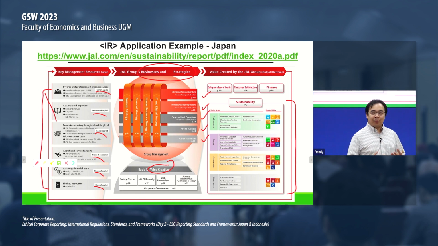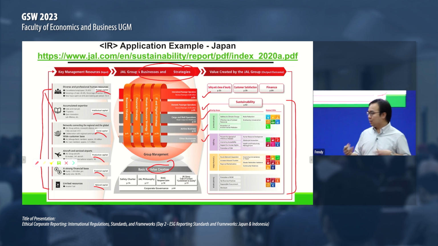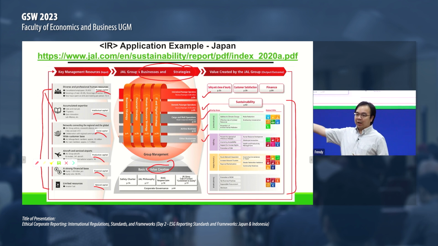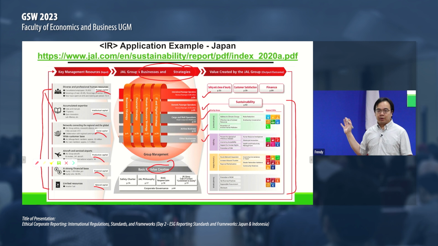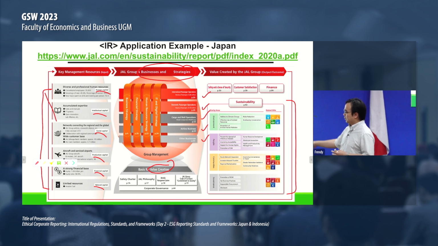So it's not just a page of index that refers to which page of information that we want. This is a more involved type of reporting. Companies who want to implement integrated report have to consider not just the report itself, but how it links with the company's overall mission, input, strategies, and operations. So you can say this is a more involved type of sustainability report that aims to synergize what the companies do and the sustainability goals.